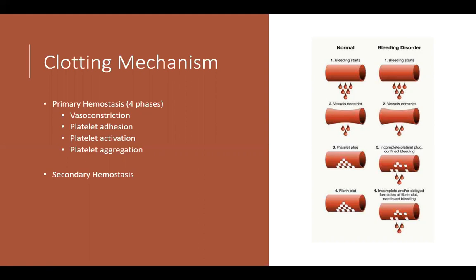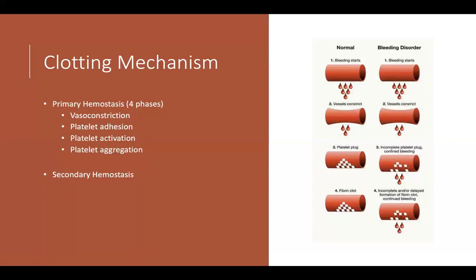The third phase is platelet activation, which changes the shape of the platelets to a pseudopod-like plug. And it increases the surface area and prepares for the last phase, which is platelet aggregation. Once the platelets are activated, the G protein receptors are bonded to the proteins, von Willebrand's factor and fibrinogen. And for the secondary hemostasis, stabilization for the weak plug is achieved and then forms a clot with